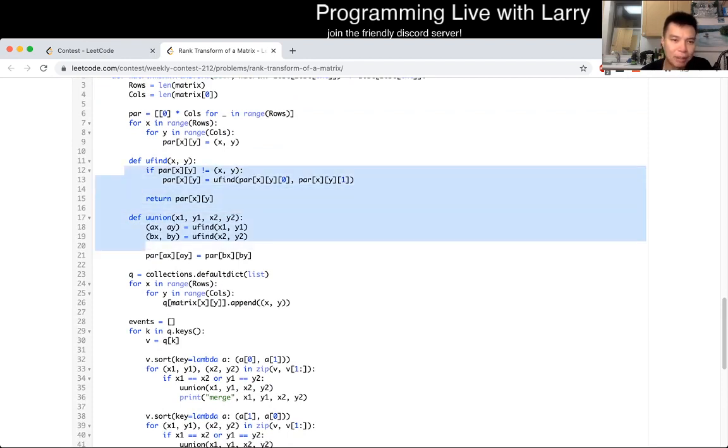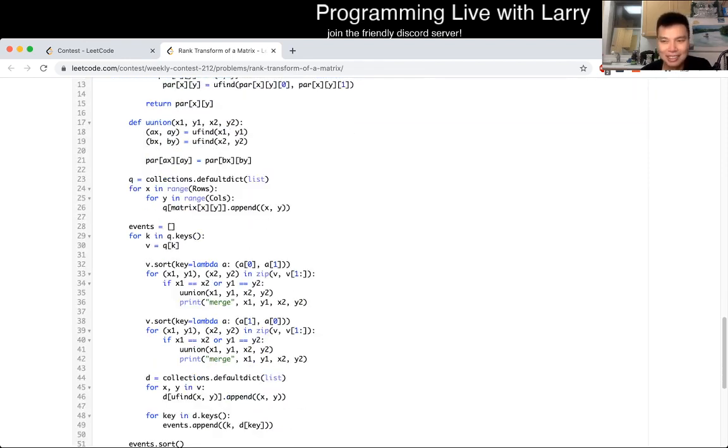I just keep track of the parent, which is an XY coordinate, and then I have to do some really fancy stuff to do the merging that we talked about, because you have all these numbers that you want to say, okay, let's say we have 2 1s, are they in the same group? Well, now we have a connectivity problem, which is the same as Q3, where if A is connected to B, B is connected to C, and so forth, A is connected to C. So we want to modify that in a way such that,